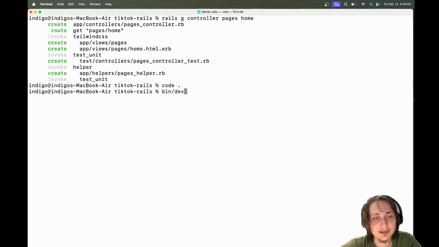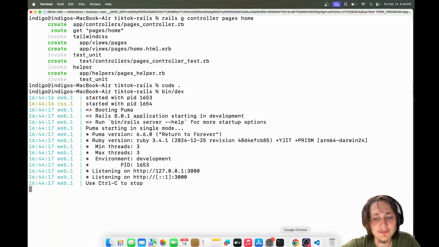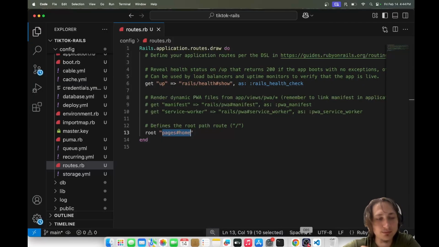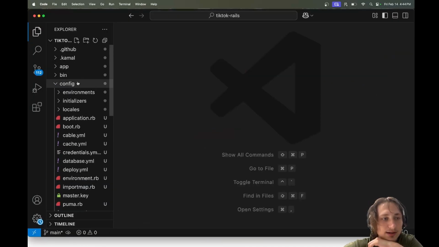So after we do that, we can go restart the server with bin/dev and go back in the browser and reload, and boom, we have this very simple homepage. Not really anything yet. So now I'm going to just do a really simple kind of page just to get us started. I'm going to go back to our code, and the first place I'm going to go is